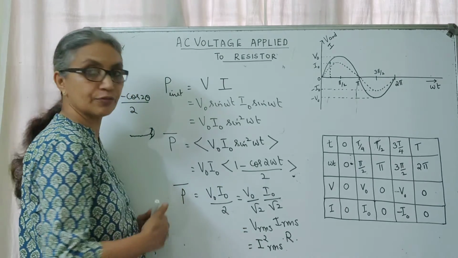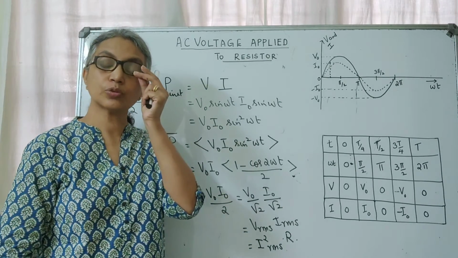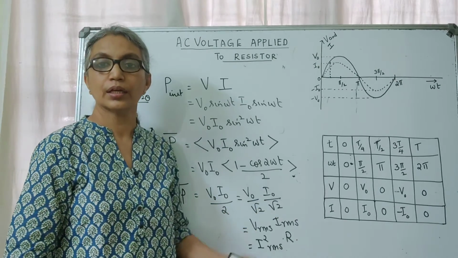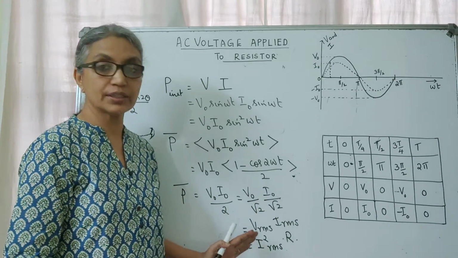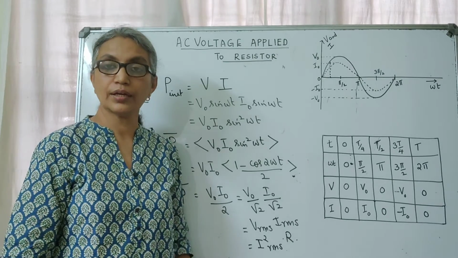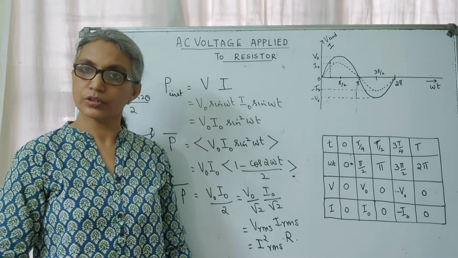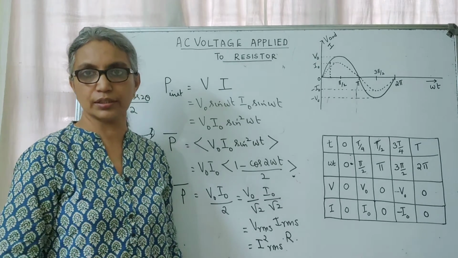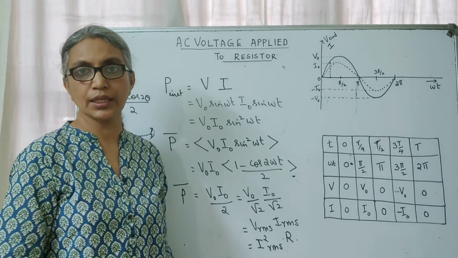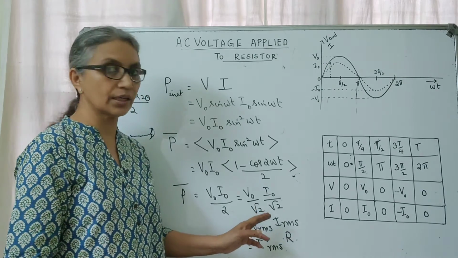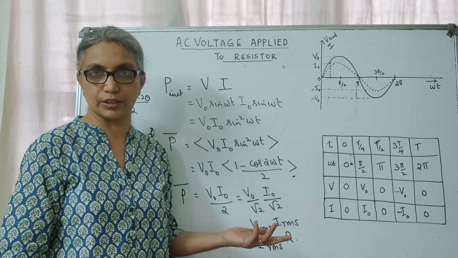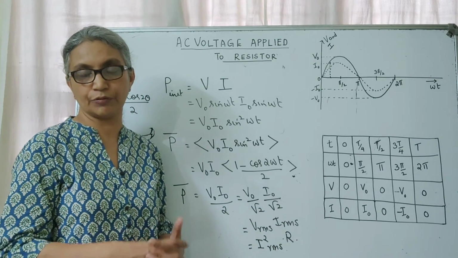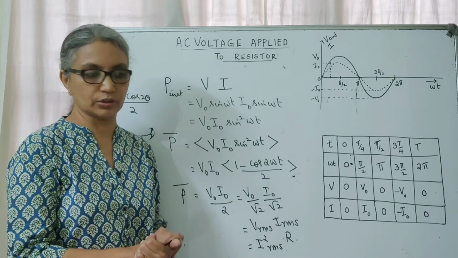You will see the expression for average power is the same as that you would have used in DC circuits. You already know the formula as V into I, and you know your formula for power as I squared R. We also have another formula, which is V squared by R. So you may use the same formulas that you used in DC circuits for AC circuits. Only please keep in mind that the values of V and I that you use should be the RMS values. If they are the RMS values, then you continue to use the same formulas that you used for DC circuits.